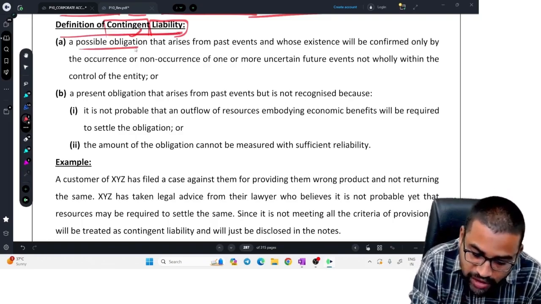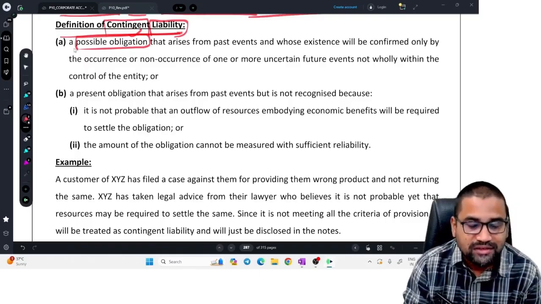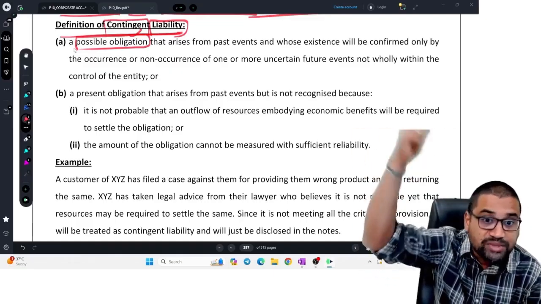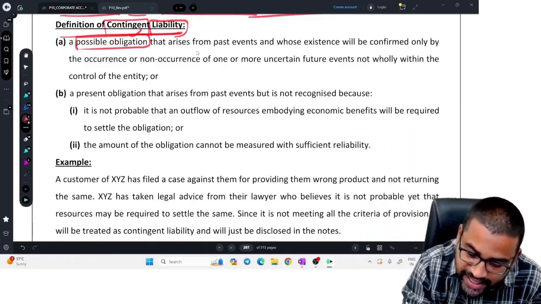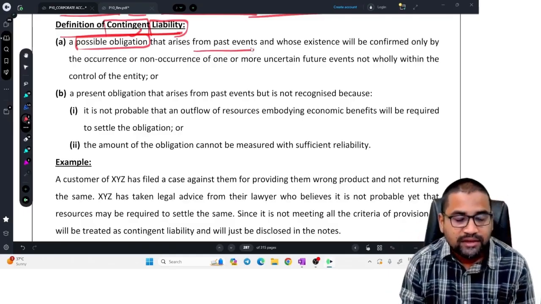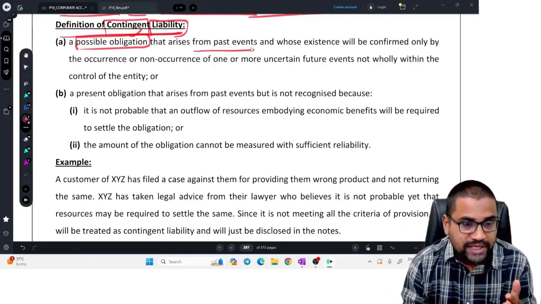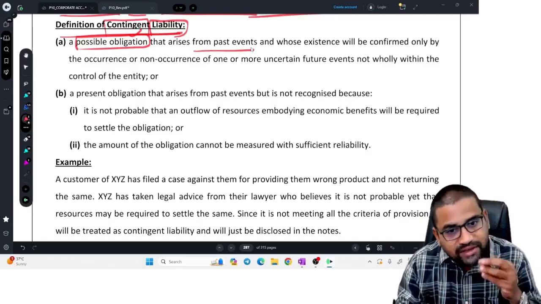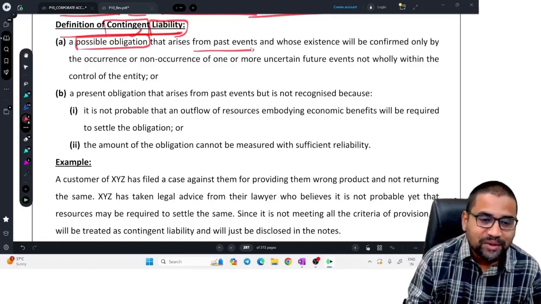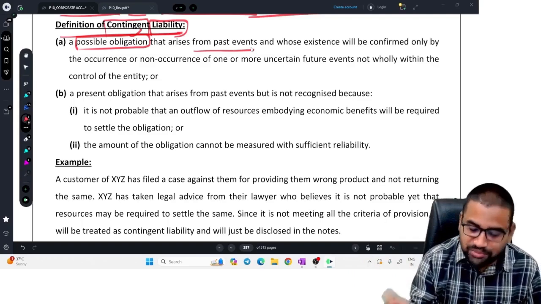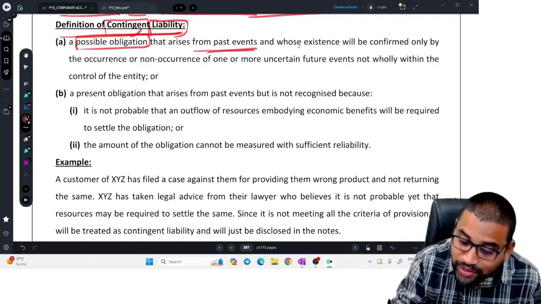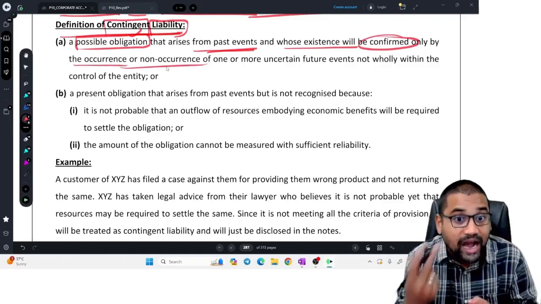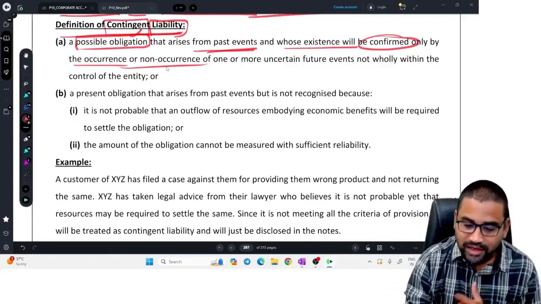Contingent liability, possible obligation. See, possible obligation. That means there is no obligation now. In future may come possible obligation. And that obligation arises from past events. Liability is a present obligation arising from past event. Even contingent liability is not a present obligation, it is a possible obligation, but that is also coming from past events only. And whose existence will be confirmed by the occurrence or non-occurrence of one